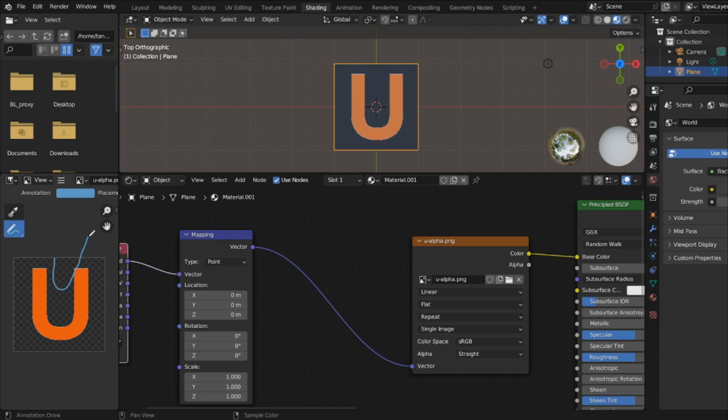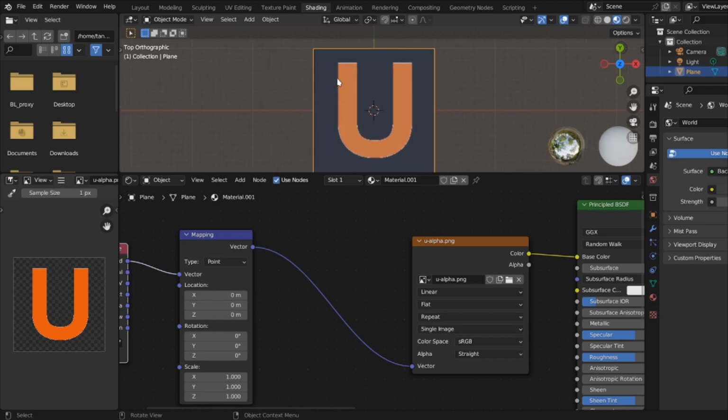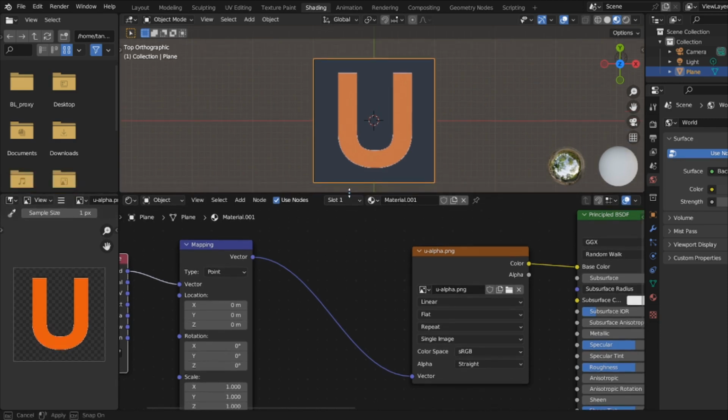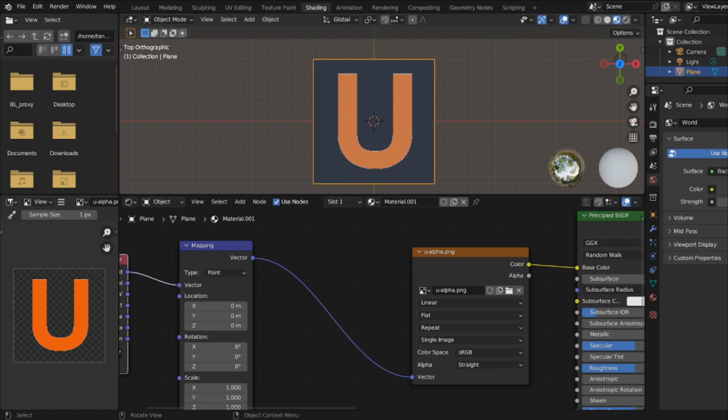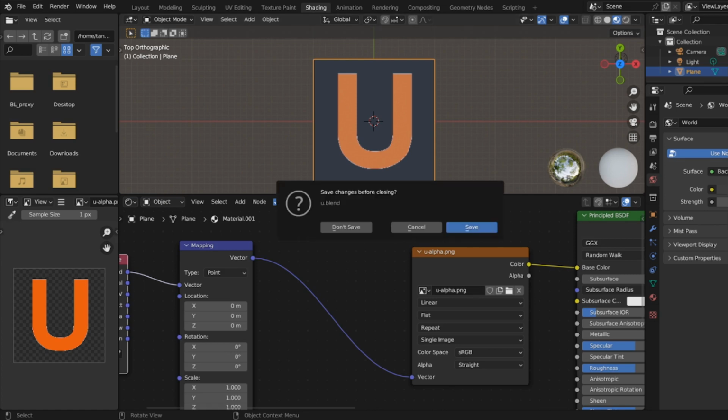I do have another one that's fully a JPEG, but transparency. Let me put it back. All right, so up here in this window, where the U is, you see it's black. It's black because it's transparent, not because I have it on a black background. Okay, so our topic for the day is